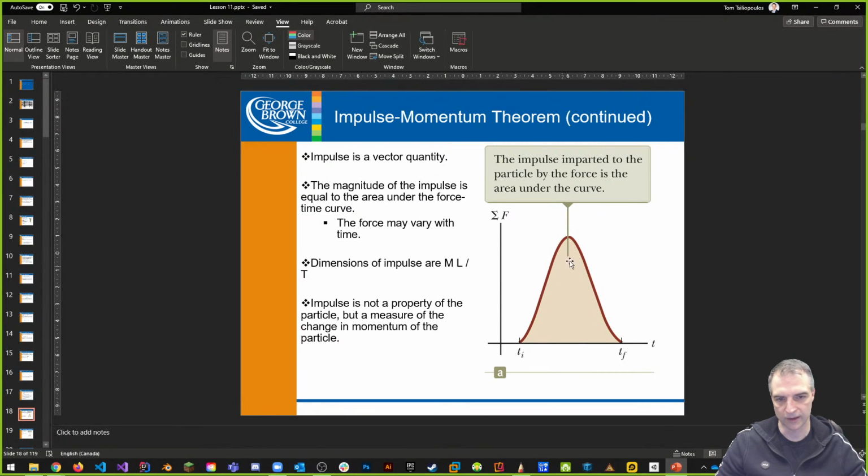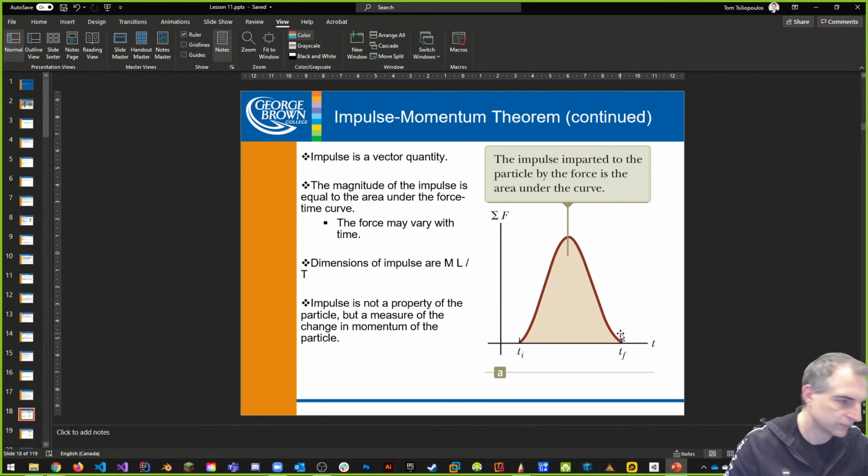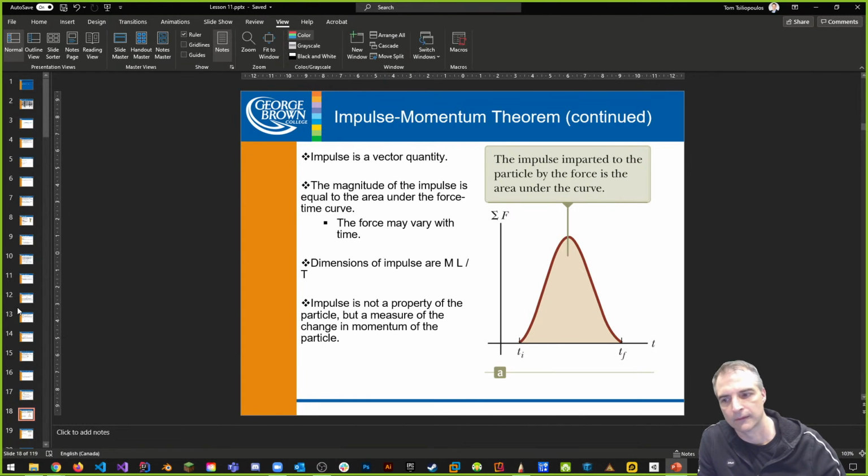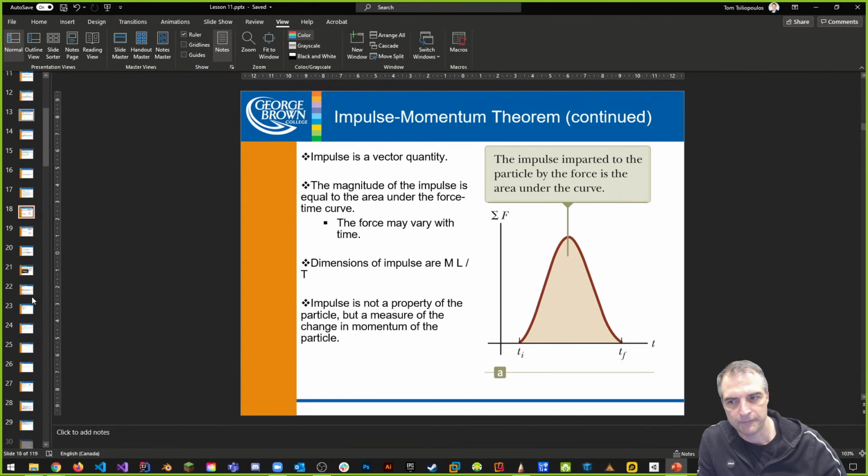I'm indicating this curve is showing us how the mass is being accelerated over time. And we know that as acceleration takes hold, velocity increases. If the velocity is increasing, the momentum is increasing. If the velocity is decreasing, the momentum is decreasing. It's directly proportional. Okay? Clear?